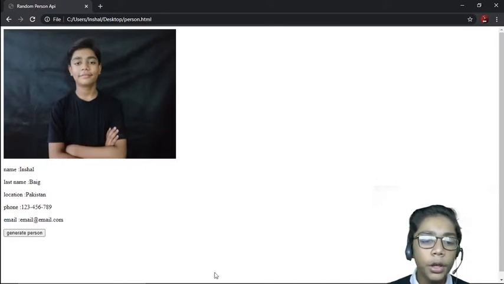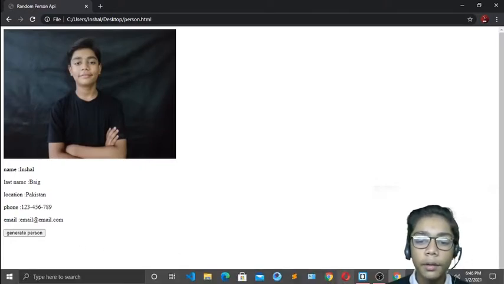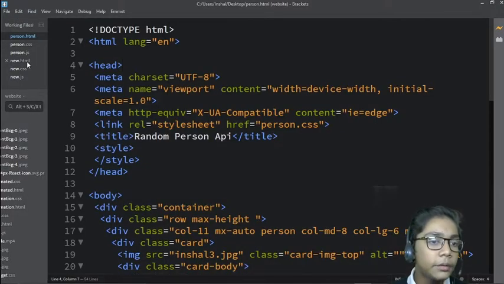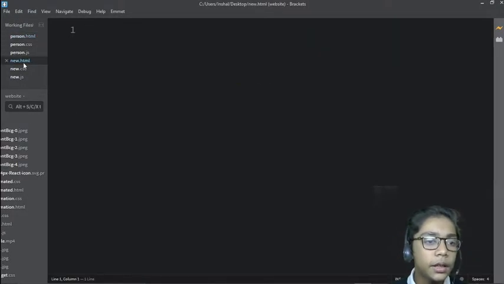First of all, you have to open your text editor. Previously we were working with the Brackets text editor, so I will open that over here. I've taken three files called new.html, new.css and new.js, because previously I also took those. This is a random file which I've made, so I will make all the projects over here for you.